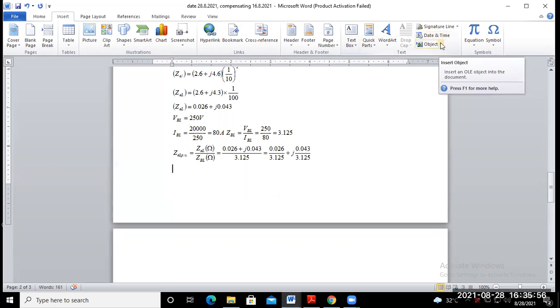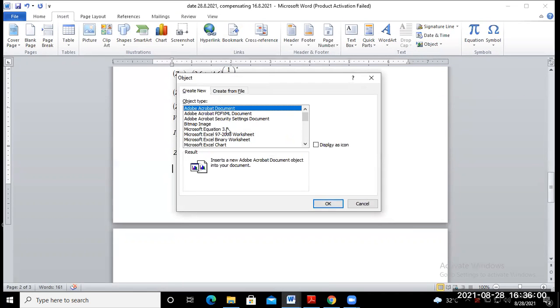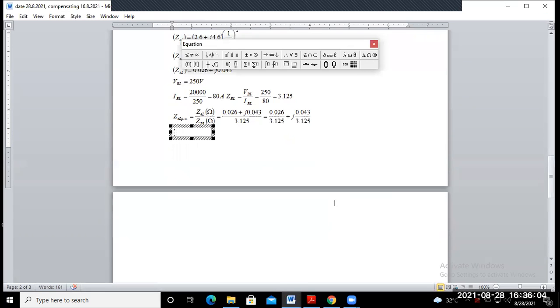So that is equal to ZEL, that means equivalent leakage impedance in per unit